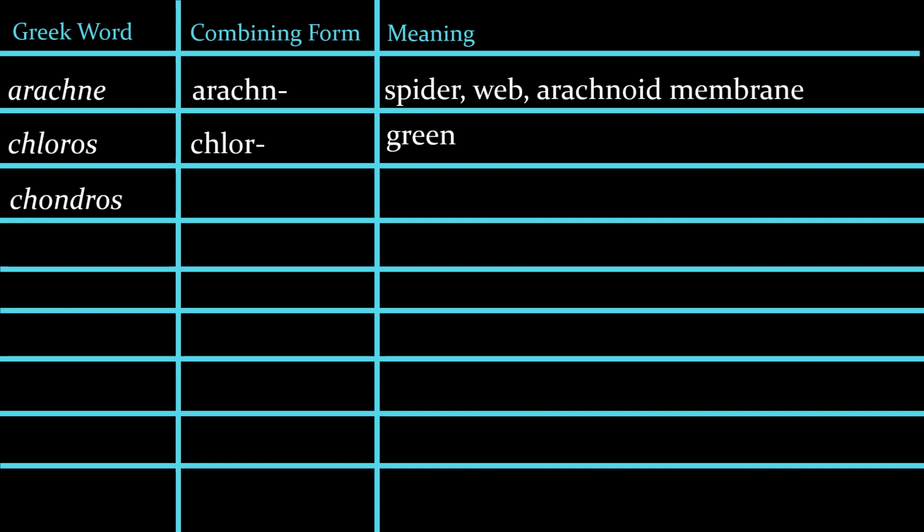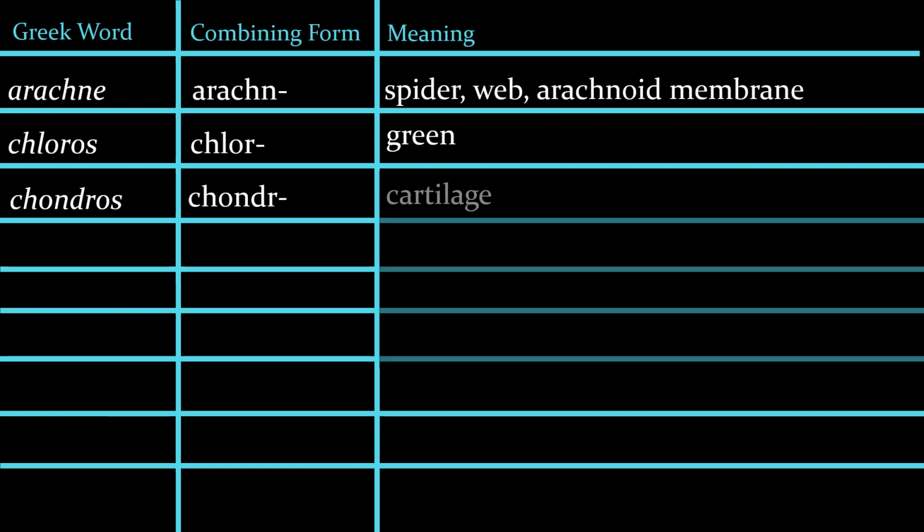Next, we have an interesting one, chondros, and the combining form there is without the os. Those of you who've studied Greek might be thinking of something that has to do with something that is fat or thick. And this is actually, or it could be used for cartilage. The hypochondrium, if you know that, is this soft place kind of in the abdomen. There are a couple of organs near there, like the pancreas and things like that. And